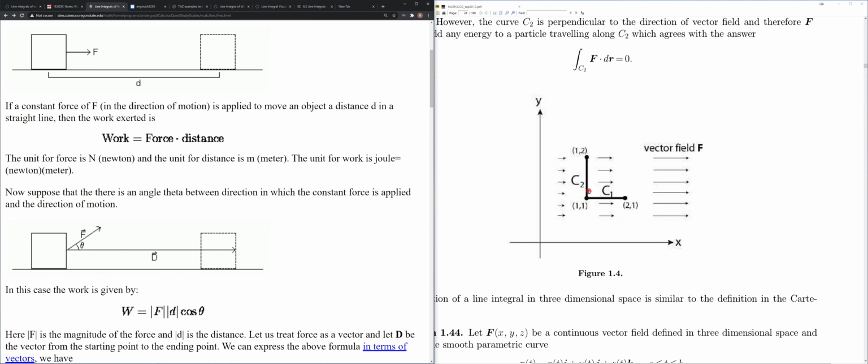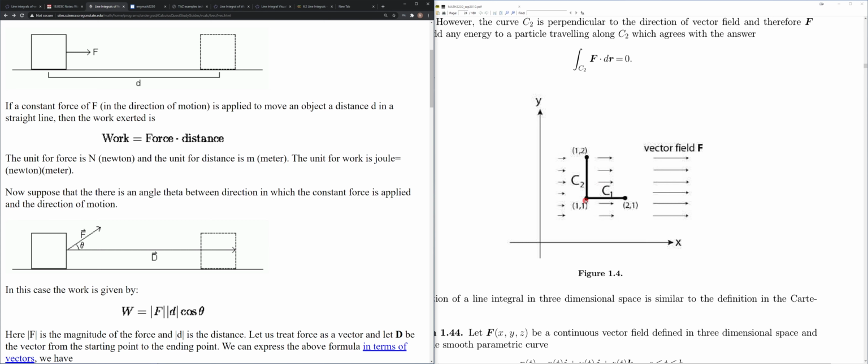over here, the direction of motion is vertical, right? And the forces are horizontal. So if I resolve my horizontal force in the direction of the motion, well, it'll be the magnitude of the vector field times cosine, and then the angle is now 90, right? And cosine of 90 degrees is 0, right? So if you try to resolve your horizontal vector field in the direction of motion, you're just going to get 0,